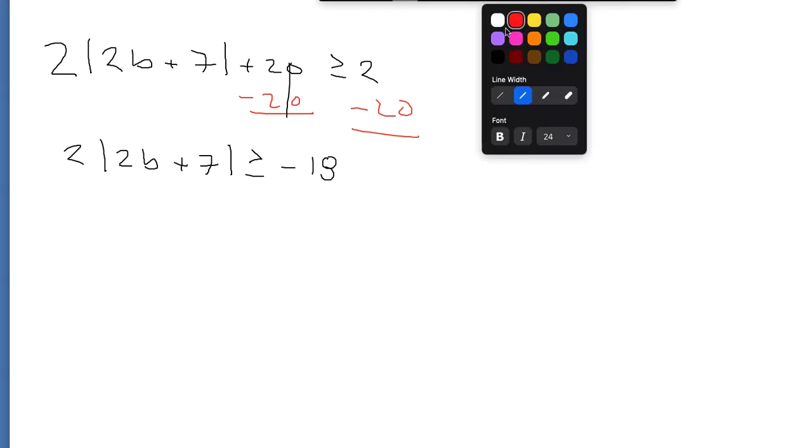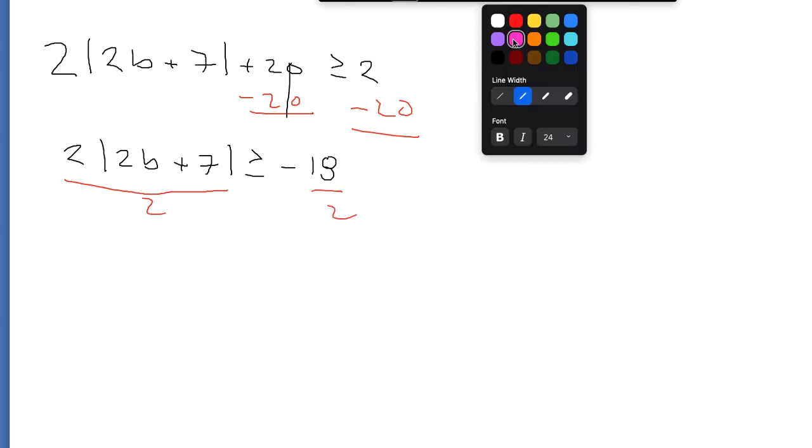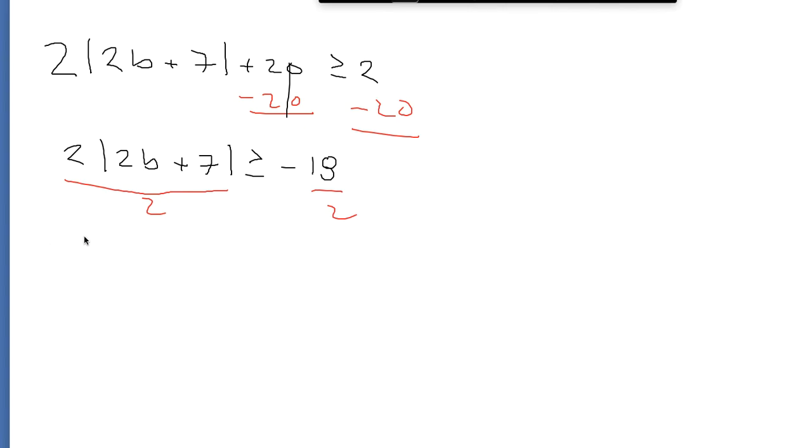And then I don't even need to do this step, but if I finish isolating that absolute value by dividing out the 2, then I'm here: 2b plus 7 greater than or equal to negative 9. Okay, so the absolute value of 2b plus 7 is always greater than negative 9, because